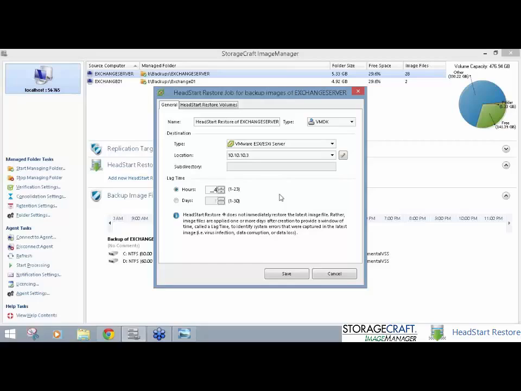As new ShadowProtect backups come in, ImageManager will automatically verify them, and once that file is over 4 hours old, it'll automatically be pushed into this VMDK. So I'm going to leave that at 4 hours, and we'll see what actually happens when I go through this